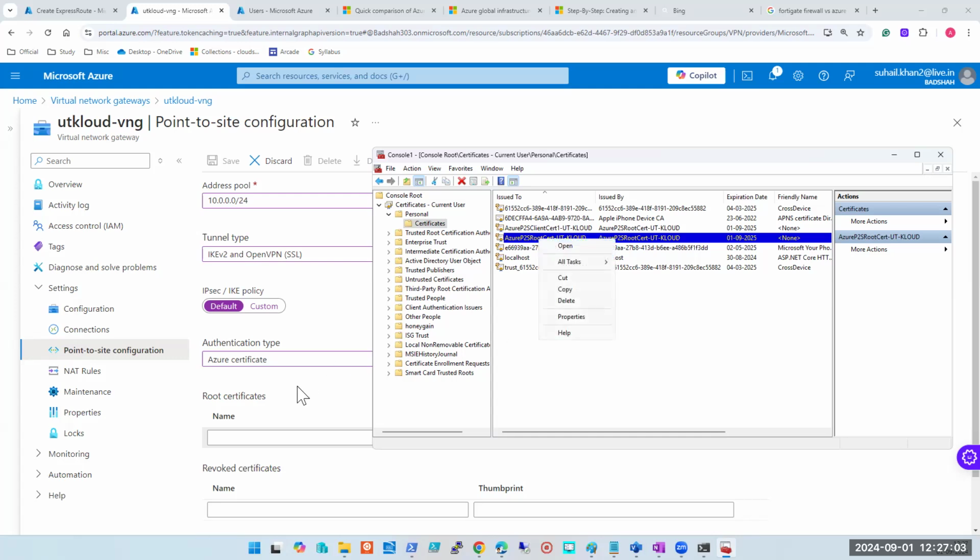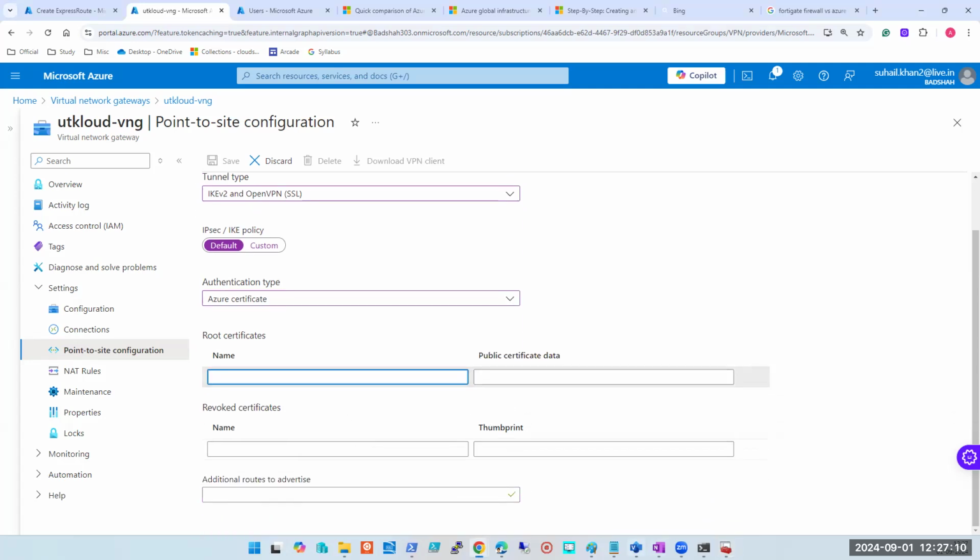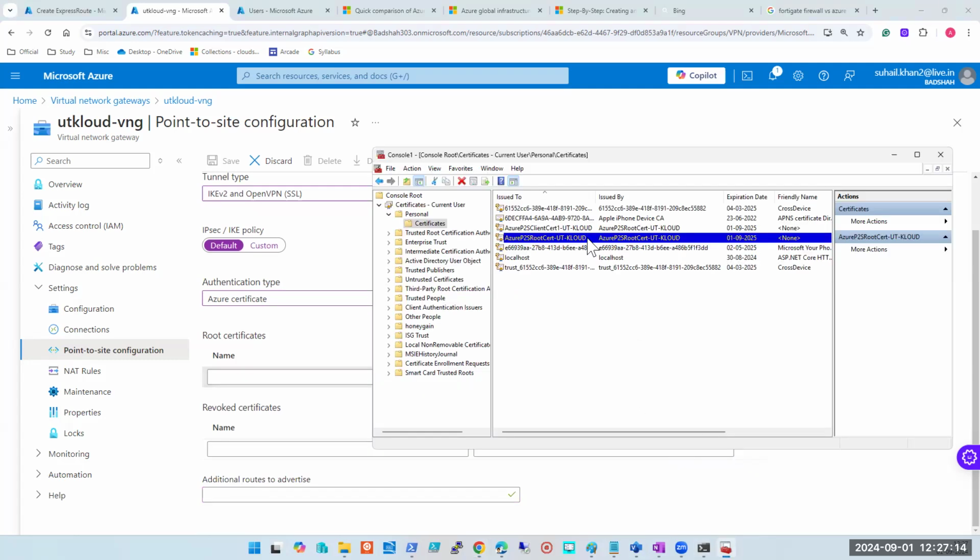But how do we use the certificate here? There is no option to upload it, right? So how to use that? Here we have to copy the encrypted data of the certificate. To do that, you right click on it, click on all tasks, click on export,